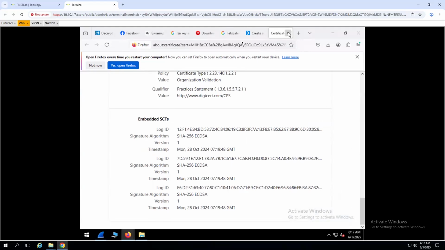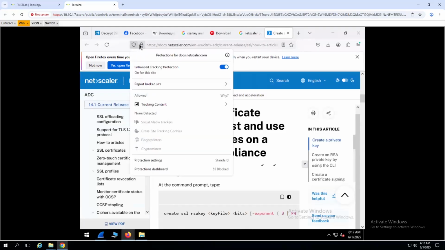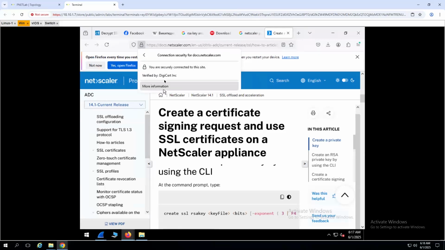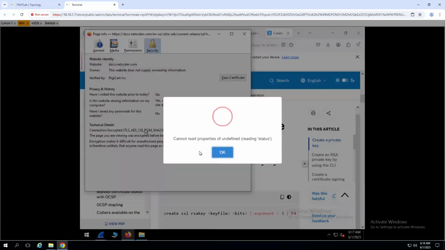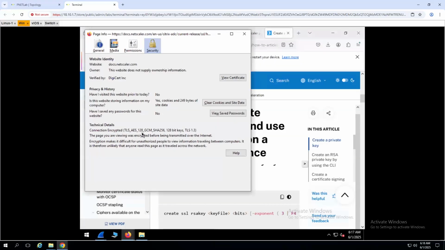Once again, I missed that part, so I have to click on the padlock icon. I want to go for more information. There you will see this is a TLS connection, and they are using AES encryption and SHA hashing, and this is using TLS 1.3 key encryption hash. So you can see how exactly the communication is happening, and this is a 128-bit key. And if you view your certificate,